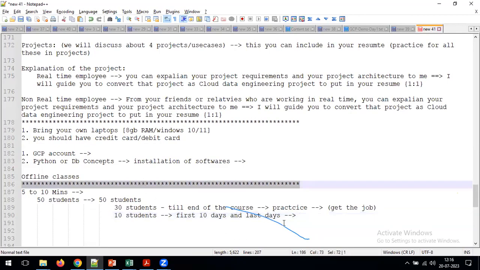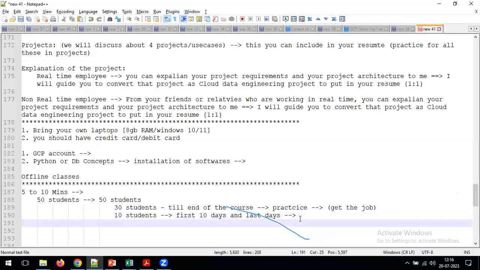A lot of people are already struggling to get jobs, so unnecessarily leaving the job and trying something different will create a problem. Otherwise, I can say you can quit the job, but you need to put in 150% effort here, learn things and do the practice. If you have that much confidence in yourself, then you can resign. But my personal suggestion is, if you are a job holder, don't quit the job. Adjust the timings, attend the course, learn everything, and with that try to get the job. Once you got the job, then you can go for the resignation. But before getting the job, don't go for any kind of resignation. That's my personal suggestion.